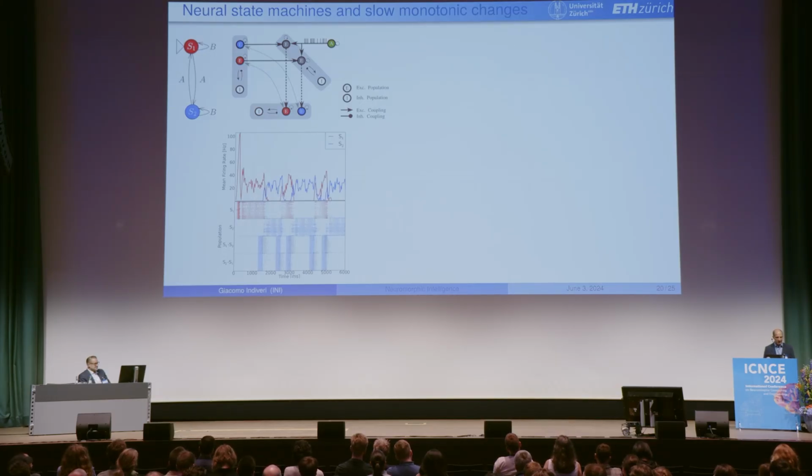A state machine is really a mathematical framework that allows you to say: if you're in one state and you get one external input, if, then, else. If you're in one state, you get one external input, you go in one direction, and otherwise you go in another. This is an example of the most simple state machine one can think of: if you're in state 1 and you get the symbol A, you go to state 2. If you're in state 2 and you get the symbol A, you go back to state 1. And if you get B, you stay in the same state.